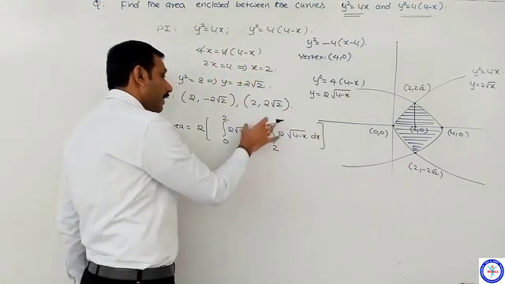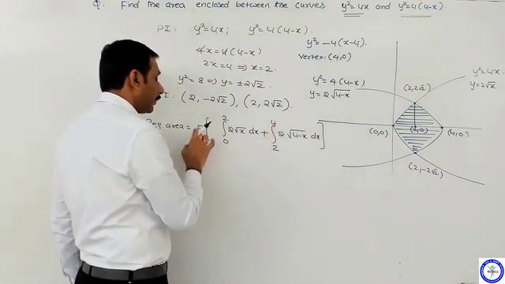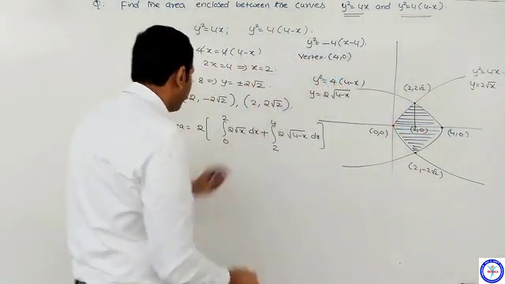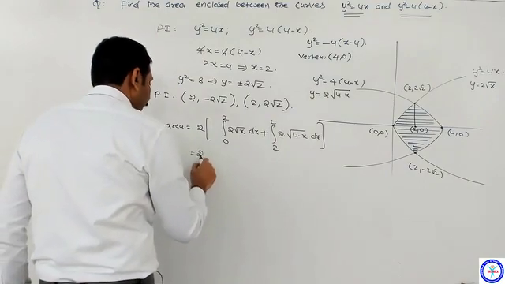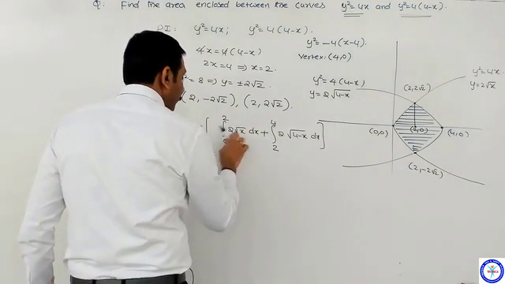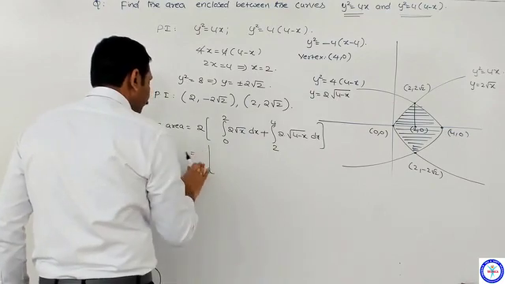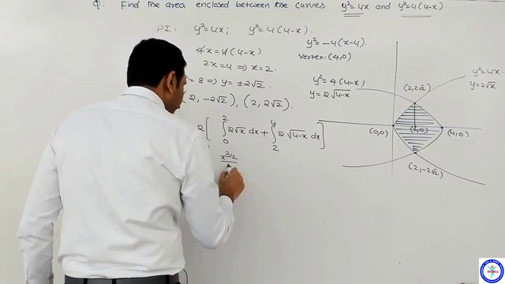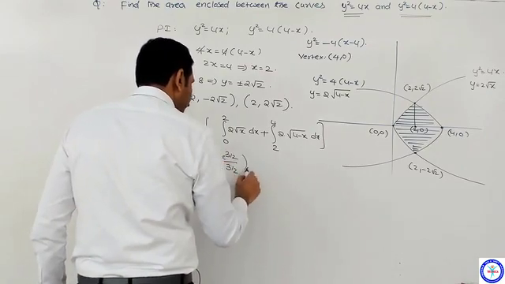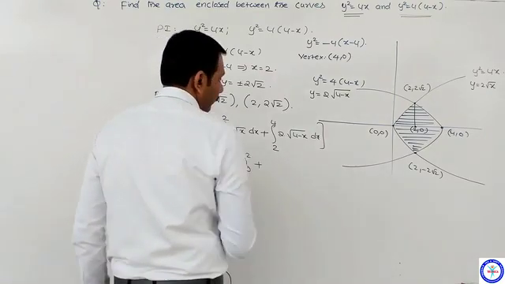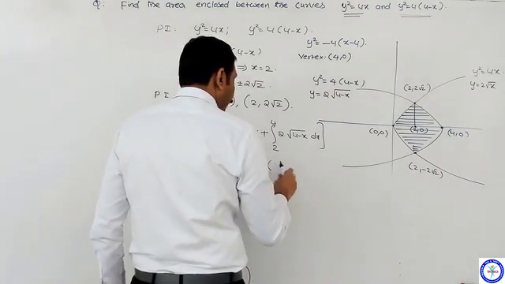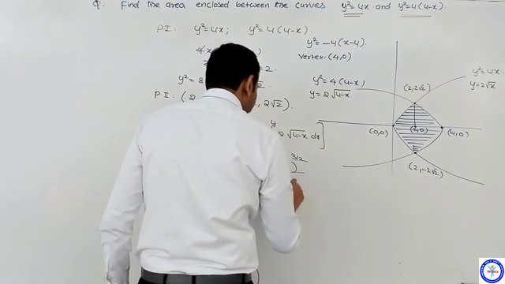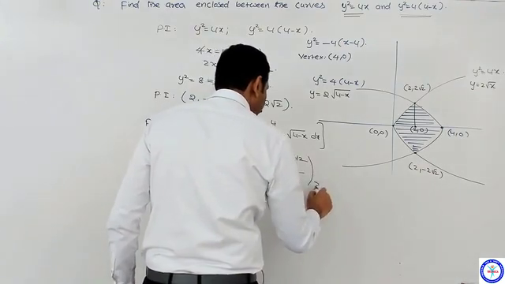I have taken multiplication of complete this integral with 2 to get complete this area plus this area. Let me do integration of this one. 2 into, of course, this 2 also I will take common. 4 into root x power 3 by 2 by 3 by 2 limits 0 to 2 plus 4 minus x. Root of 4 minus x means 4 minus x whole power 3 by 2 by minus 3 by 2 limits 2 to 4.